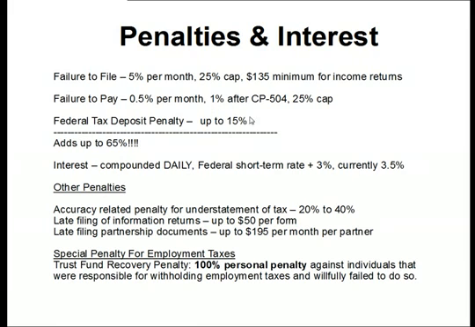And then if we're talking about, in particular, 941 and 940 taxes, and you don't make those federal tax deposits, for every day late that you are late making a federal tax deposit, the first day it's like 2%, a few days later it goes to 5%, then it goes to 10%. After 10 days, if you have a federal tax deposit that is due, let's say you're a monthly depositor, so the deposit's due on the 15th of the month, and you don't make that deposit until the first of the following month, you're more than 10 days late, bam, you've got a 15% federal tax deposit penalty.